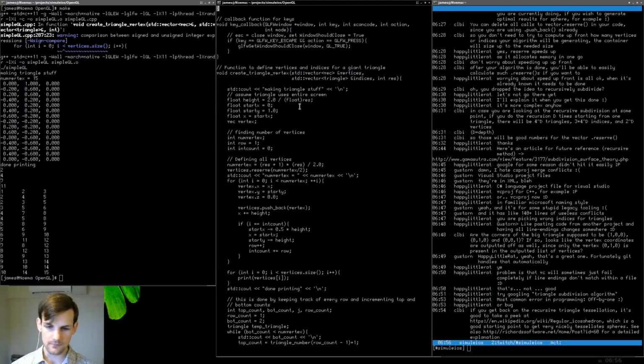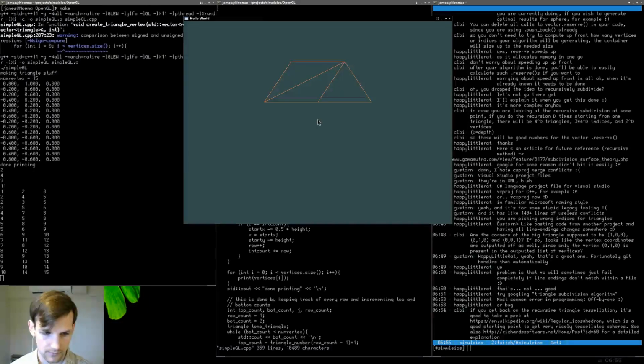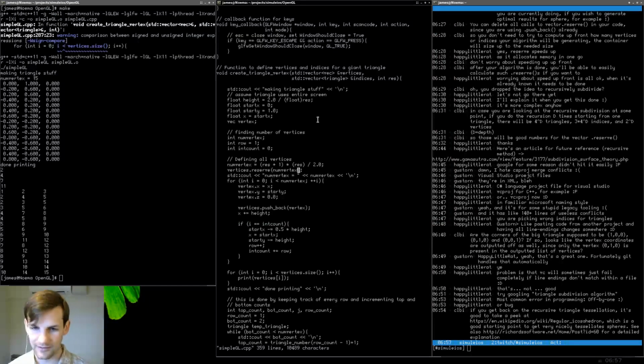Okay. So what are we going to do here? We're going to say, num vertex is equal to that. That seems good to me. Vertices.reserve num vertex over 2. Let's actually do reserve num vertex because that's the correct thing to do here. And let's do make. Yeah, I didn't think that would help any. Okay, so we're going to say for i equals 0, i less than num vertex, i plus plus. We're going to say vertex.x